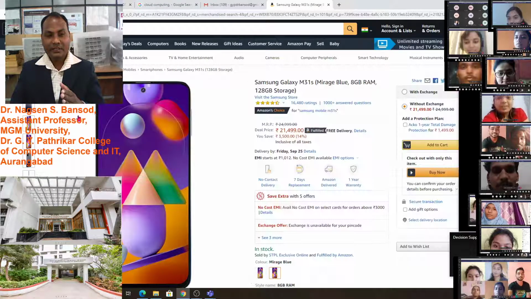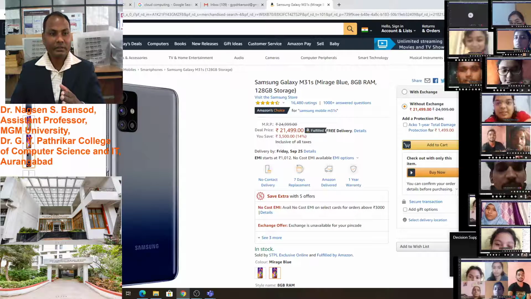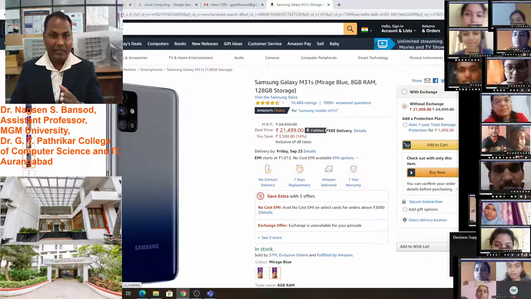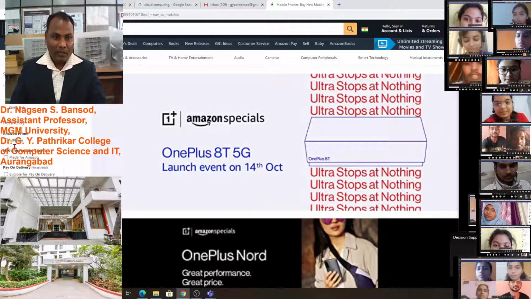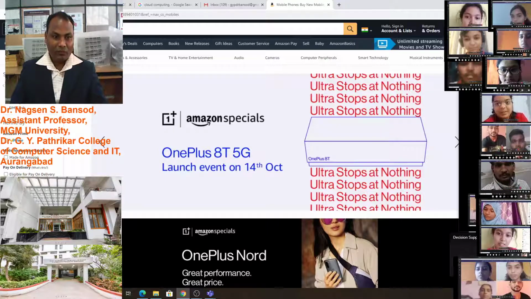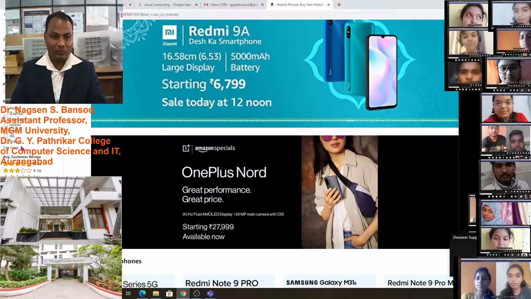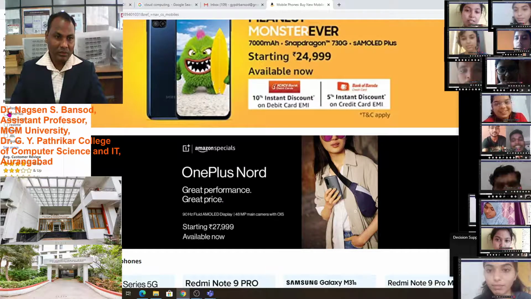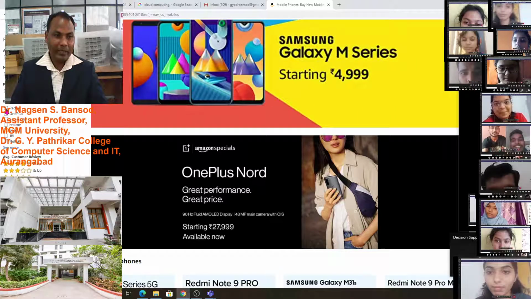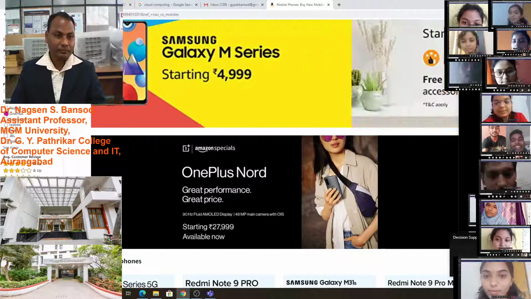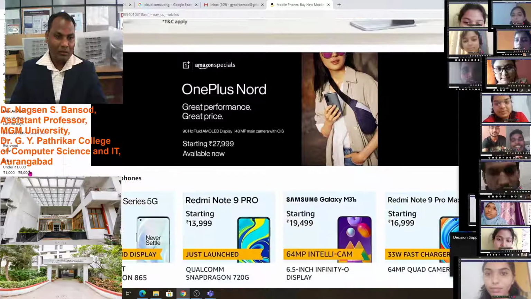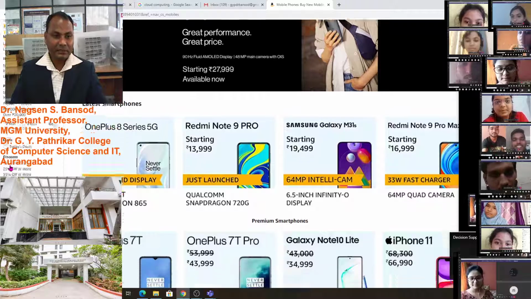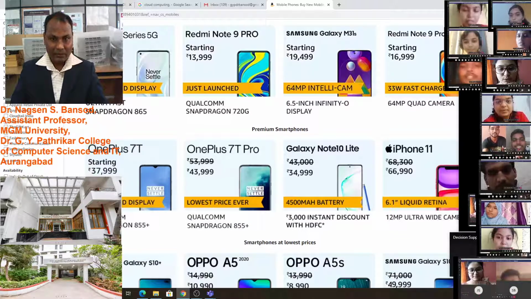The user will easily view these things. As you see here are the filters: which product you want, which brand you want. You can select the brand from here. Here are the prices and details about that.